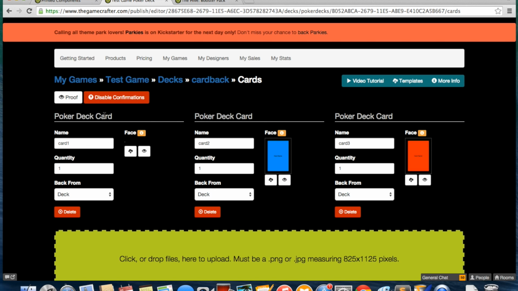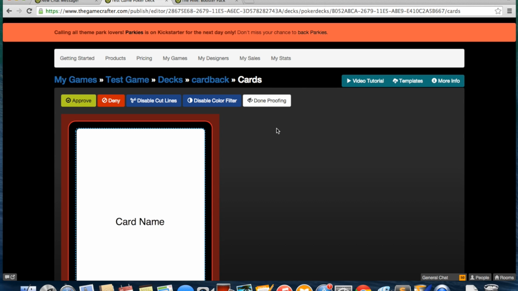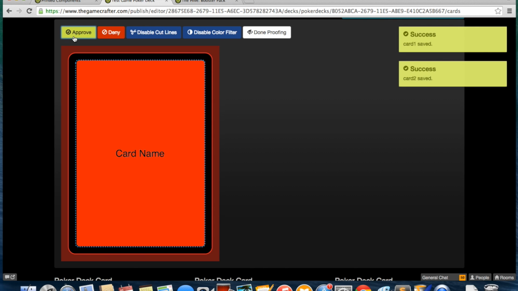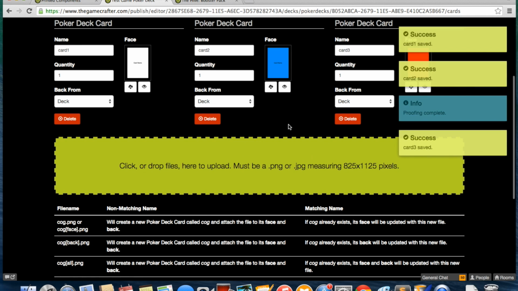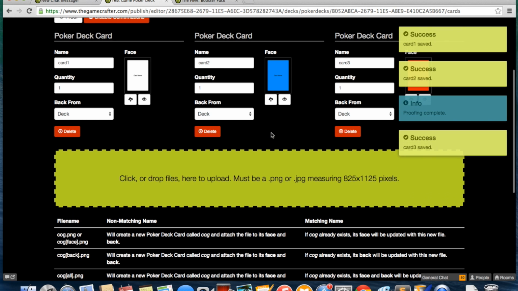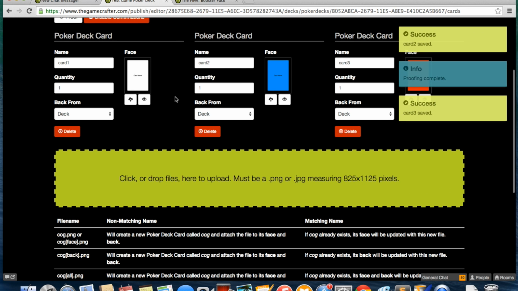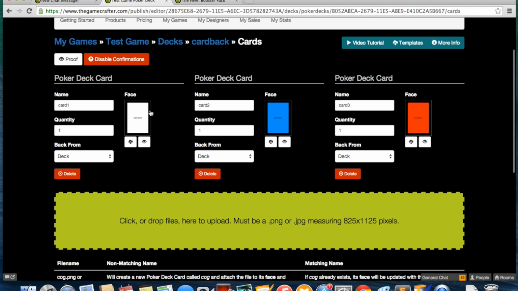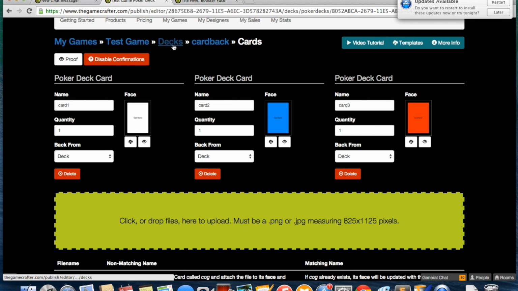The thing we're going to have to do is a mass proof of all the cards by hitting this proof button. We're just going to look at them and approve the ones that look okay. So everything, just for the sake of the test, seems good. You can edit the quantity of each card if you're going to make a deck with no random cards. But for the sake of this tutorial, we're going to make a booster pack card because that is more